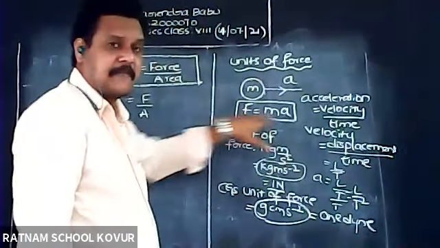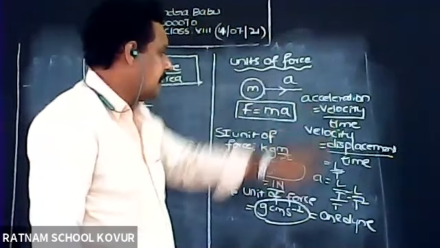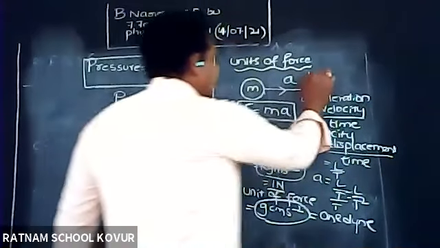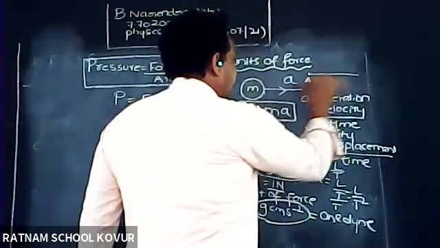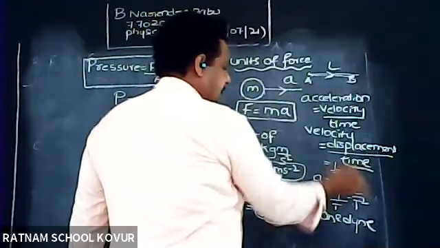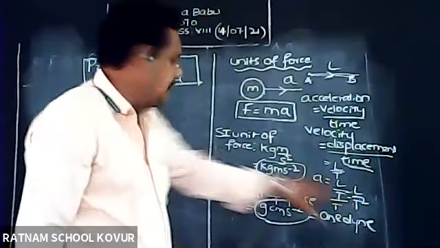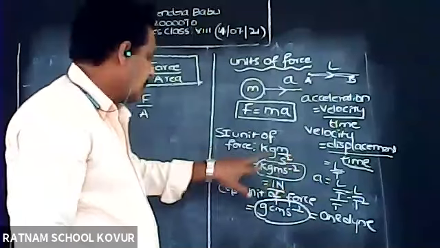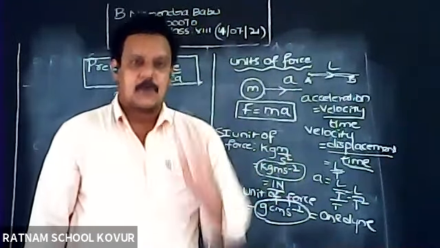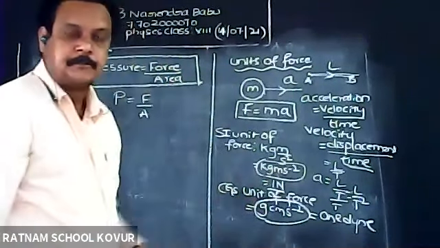Since force is given by the formula mass into acceleration. Acceleration means velocity by time. Velocity means displacement by time. Displacement means nothing but if a person goes from point A to B, this is called displacement. Nothing but length only. And the time is t. So SI unit of length is meter, SI unit of time is second square. So kg meter s power minus 2 will represent the unit for force, and that kg meter s power minus 2 we call it as 1 Newton.